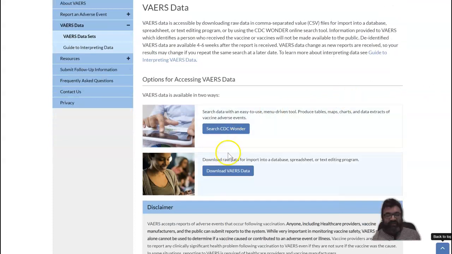You can download the raw data to import into a database, spreadsheet, or text editing program, or you can use CDC Wonder in order to access the data set. I have lectured about CDC Wonder, however, the VAERS data I have not lectured on previously.